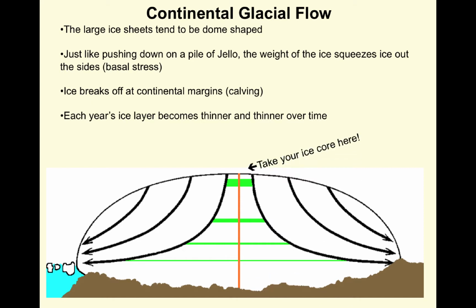You really want to take your ice core in the center of the dome. And this is exactly what we do in Antarctica, and this is why many of the cores in Antarctica are called Dome A, Dome C, etc. Because if you take your ice core off the middle of the dome, you're influenced by this basal stress and this horizontal movement. So your understanding of which layer maps to what time over history becomes distorted if you take your ice core in the sides. That's why we take them in the middle.